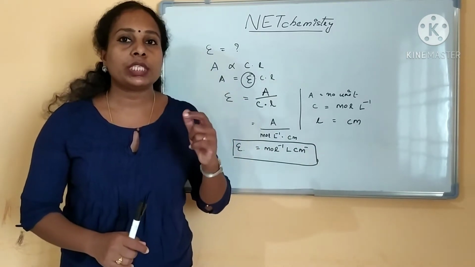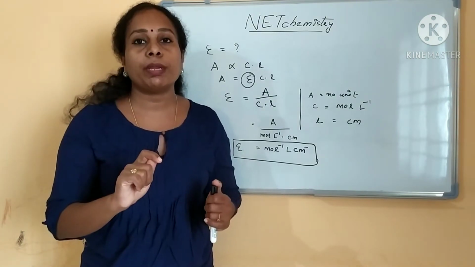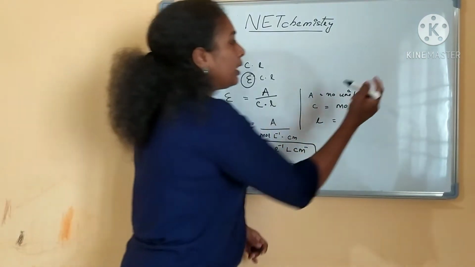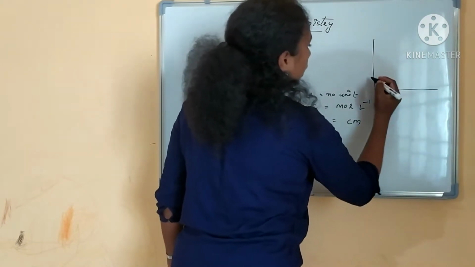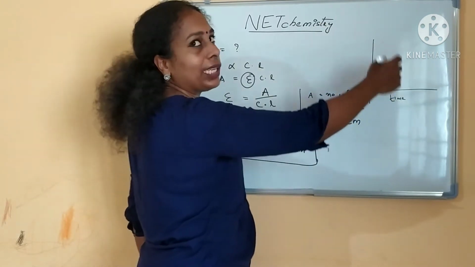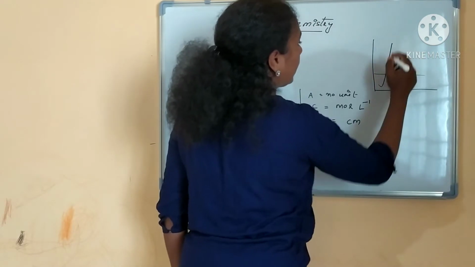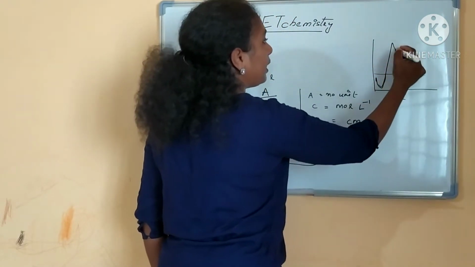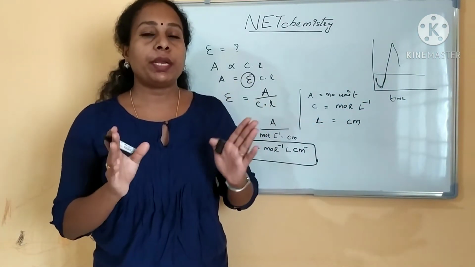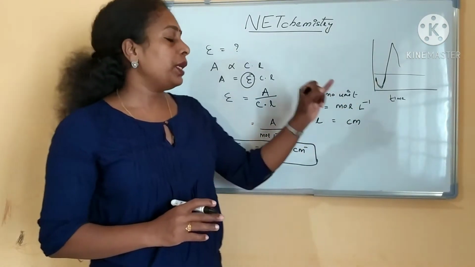Now we will see one more question. If a UV spectrum is showing a negative absorbance, what does it indicate? If you are plotting the peak against the intensity of the light absorbed, you will get the concentration. If your spectrum is going like this and you are getting a negative peak, how will you interpret the negative peak in a UV visible spectrometer? We will see what this negative peak indicates.